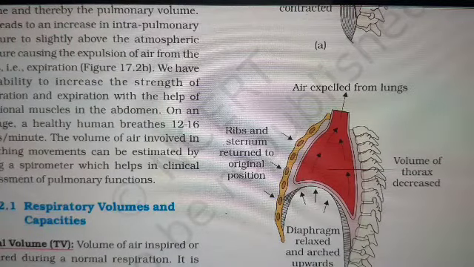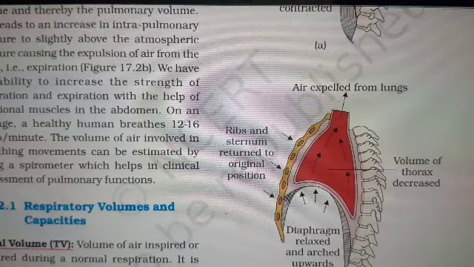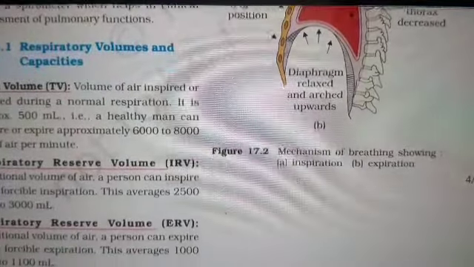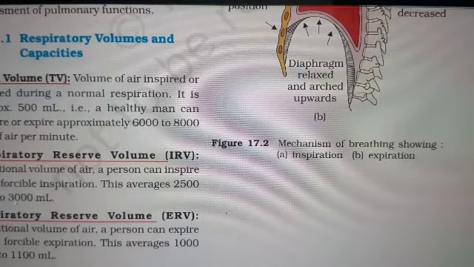And next to that, an average healthy human breathes 12 to 16 times per minute. That is also something we need to remember: 12 to 16 times per minute breathing takes place in normal human beings. And next, respiratory volumes and capacities are very important for competitive exams as well as